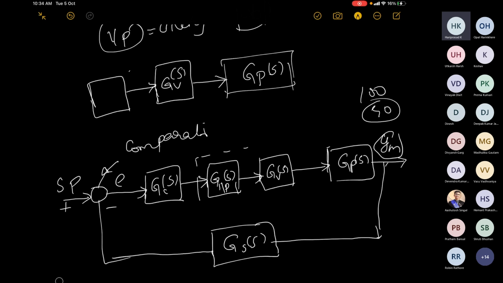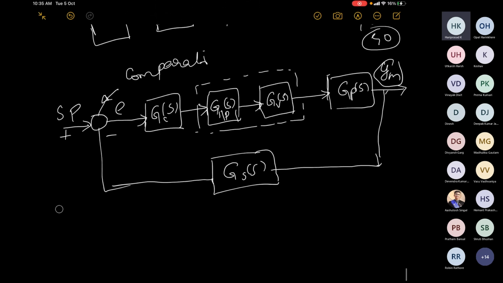I'll put them in a block, since sometimes they may act together, so you can put a common transfer function for all of this. Finally, the process. So we are interested in finding the transfer function of each of these